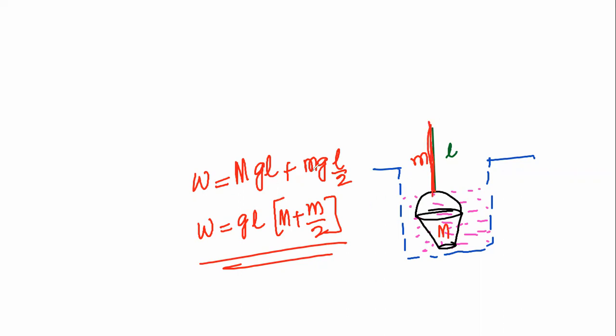Then here we have to take L by 2 for the rope, and for the bucket no need to take it. Here we are lifting the rope. That's why we'll take it like this. Next,